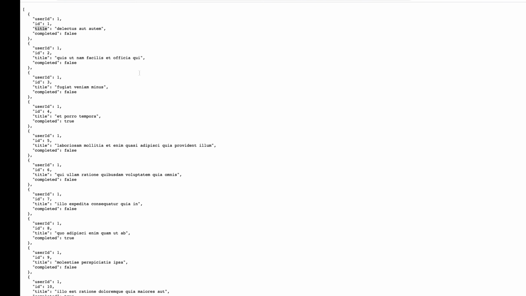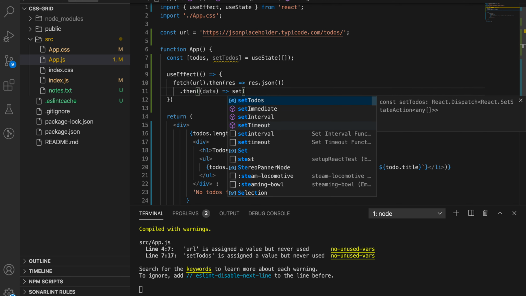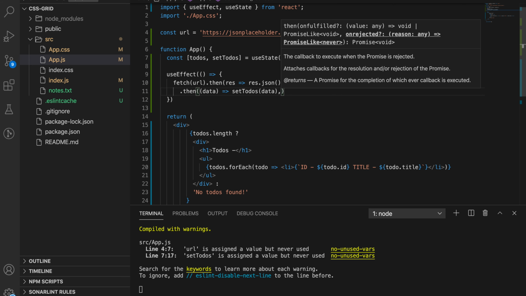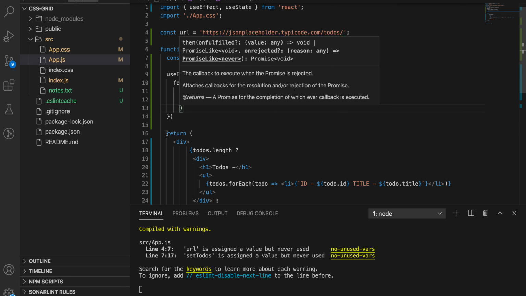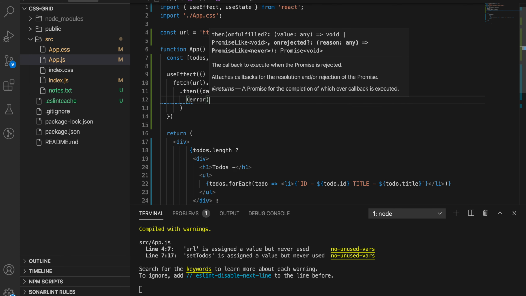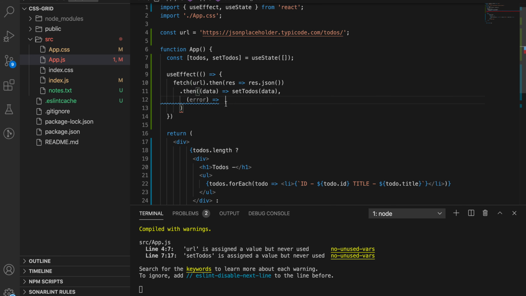This is the data that you are getting, and with that you would do setTodos to data, plain and simple, right? And the next function that you want to pass in is error. What this does is it will catch any error that is happening in the API. So what you would do is something like